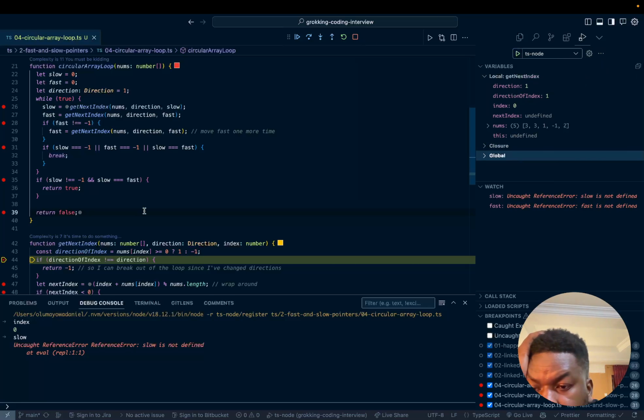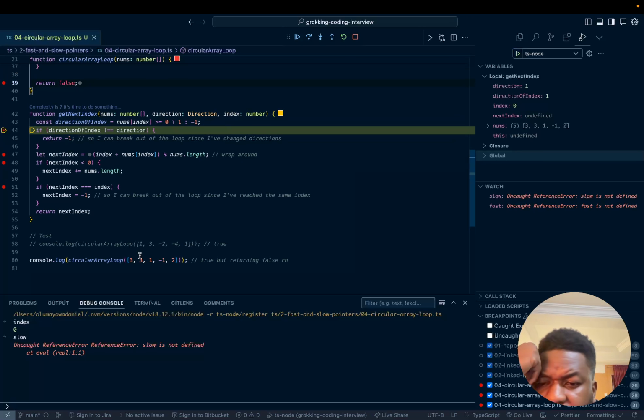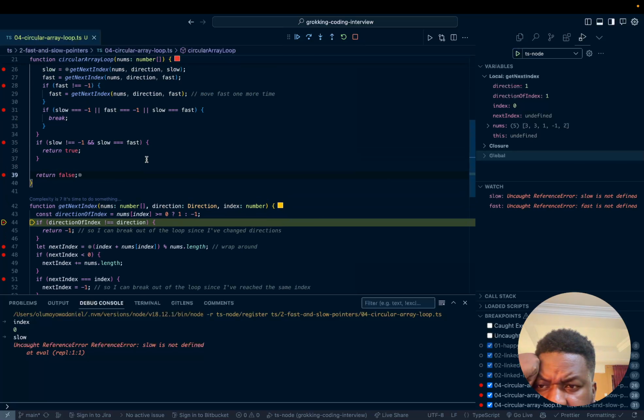So I'm dealing with this case right here. I pass in the array, pass in the direction 1, which is presumptuous in my opinion, because in this case the direction is 3. But what if this started out negative? Then what would I do? What if this 3 was minus? It would return -1 almost immediately. Now is -1 a bad thing? Possibly, because